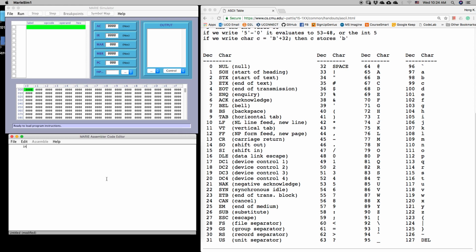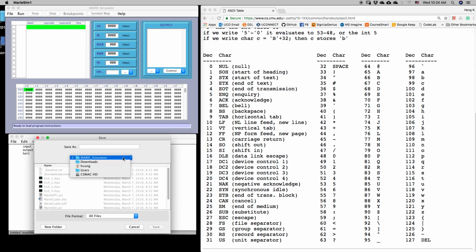First, the command input is to read data from the keyboard into the accumulator. And then output is to print the result on the display output, whatever is in the accumulator. And then let's halt the program there. Very simple one. So let me save it